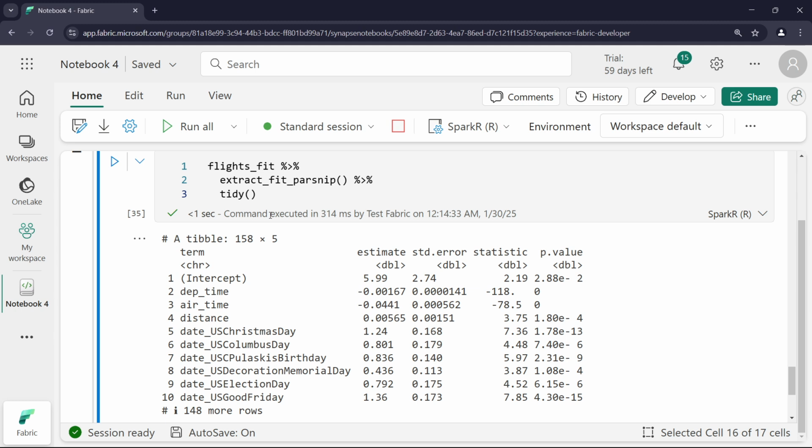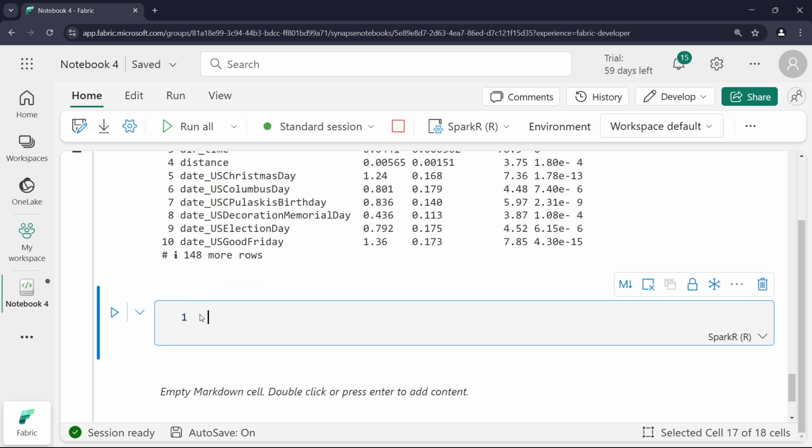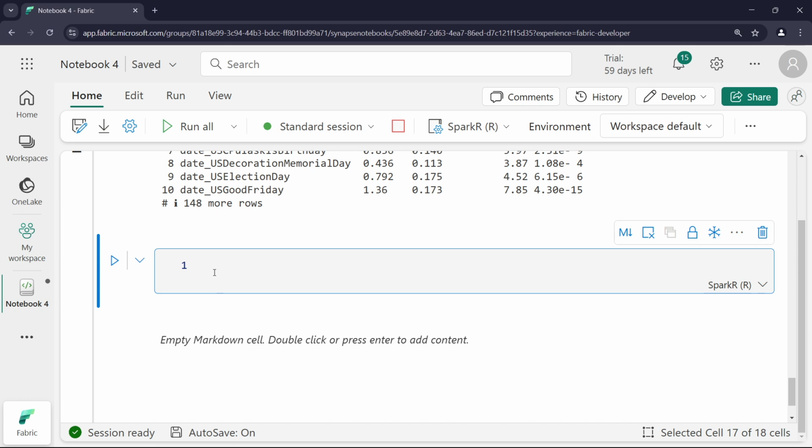The predict method applies the recipe to the new data, then passes the result to the fitted model. So you can add another column from here also. If we click on the code, it will create another cell. So in this cell, we need to write